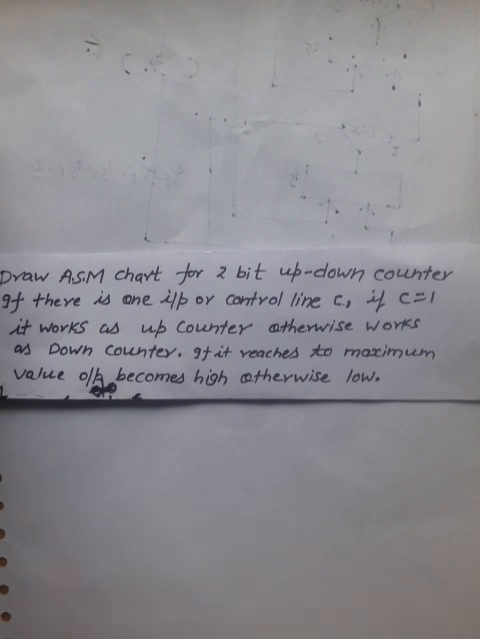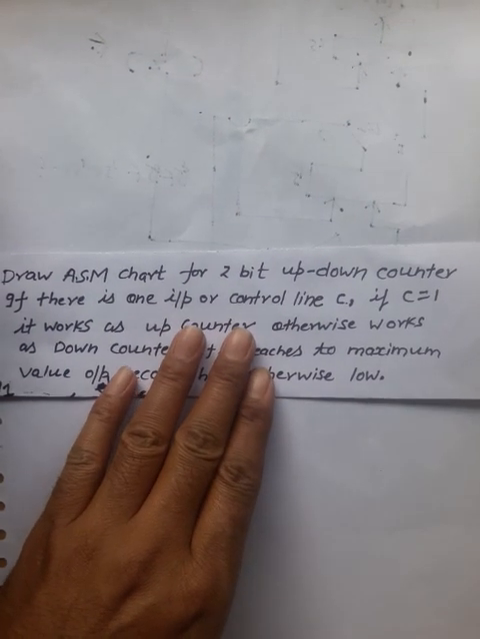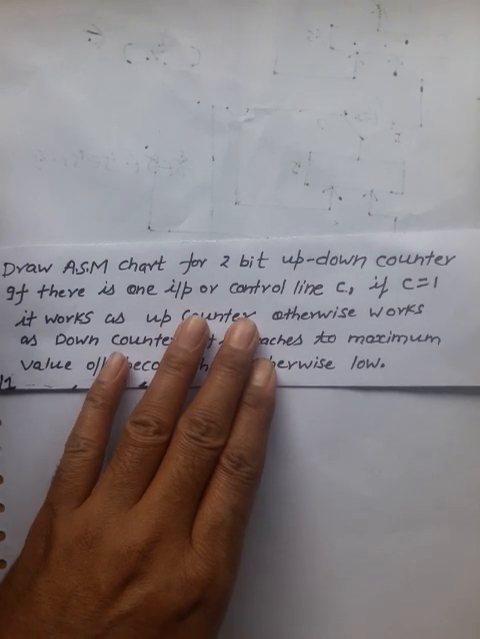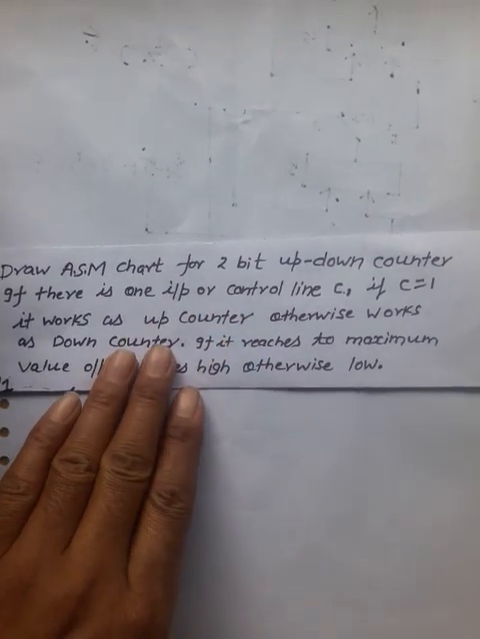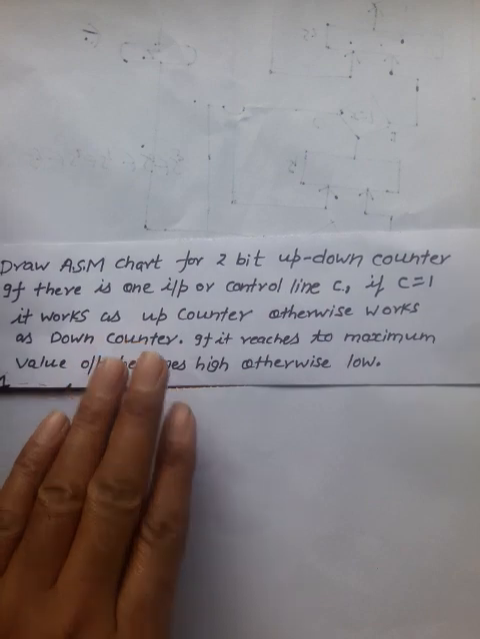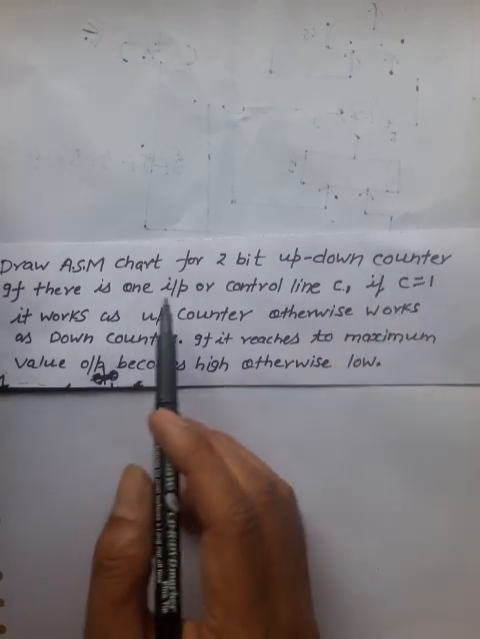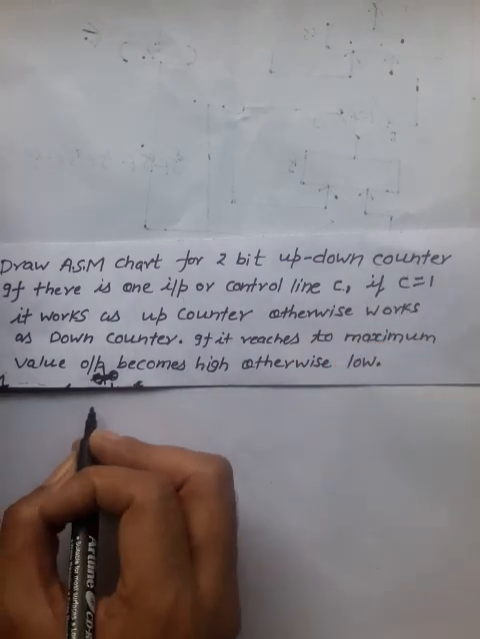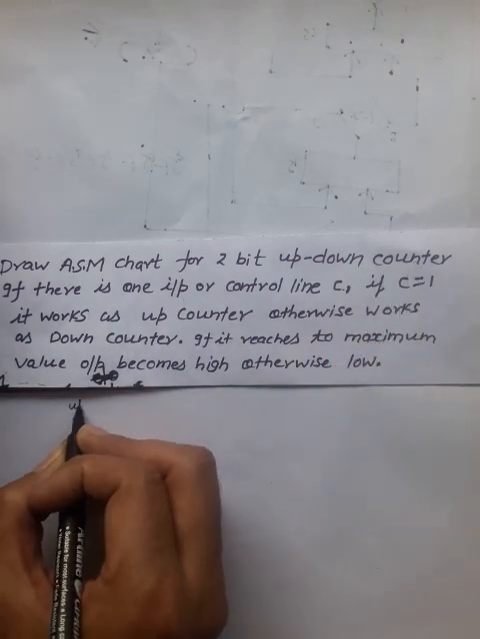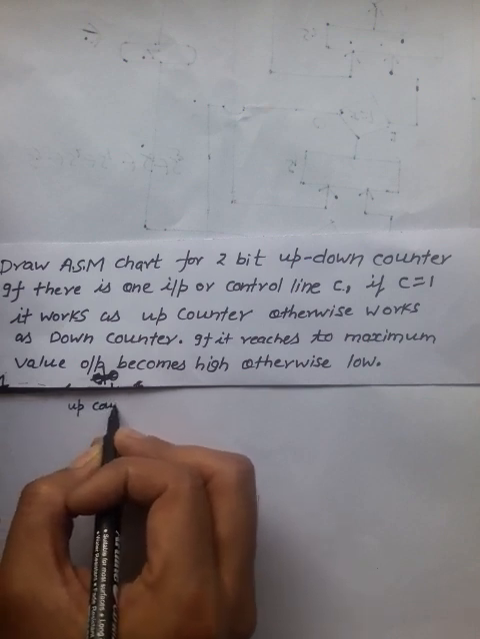So first we will draw a state diagram, then we will draw the ASM chart. This is a 2-bit up down counter. Suppose there are 4 states. A 2-bit up counter means